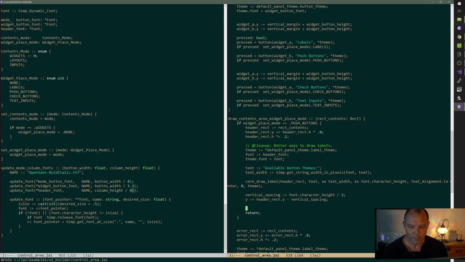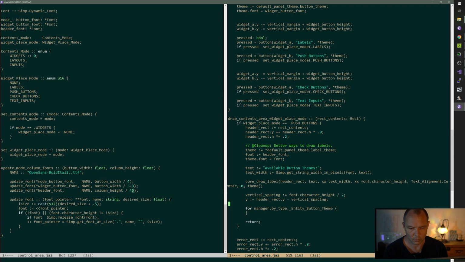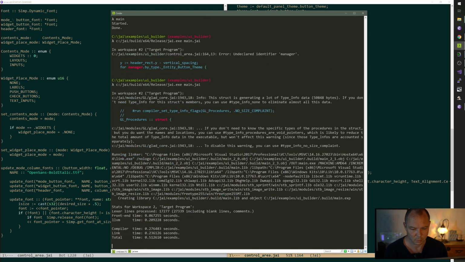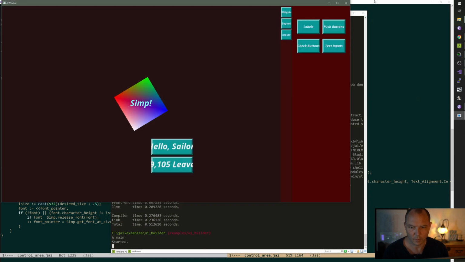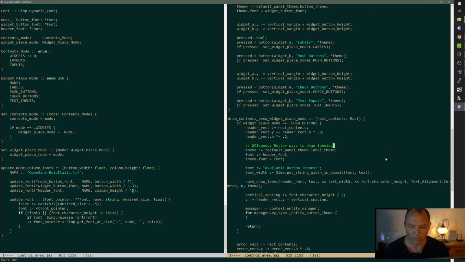Vertical spacing, and we're going to want to draw some buttons. We're going to go for manager dot by type dot button entity button theme. All right, let's make sure that compiles. Oh, manager. Let's just make sure that runs. Push buttons, available button themes. So good. Okay, what are the available button themes, I hear you ask? Well,